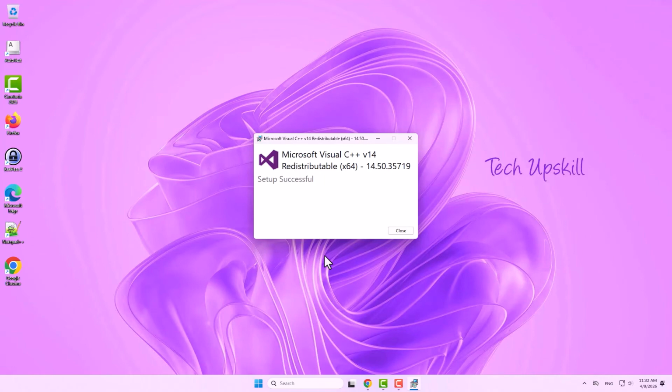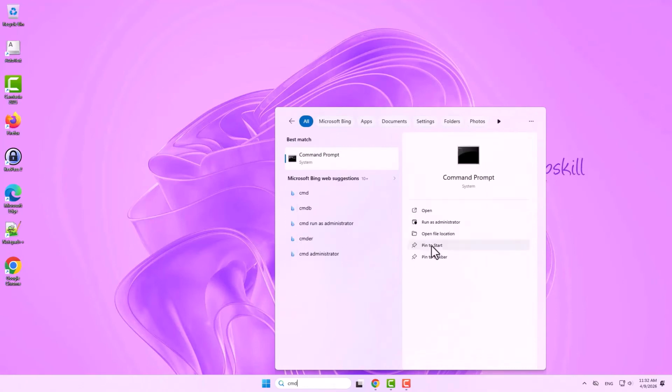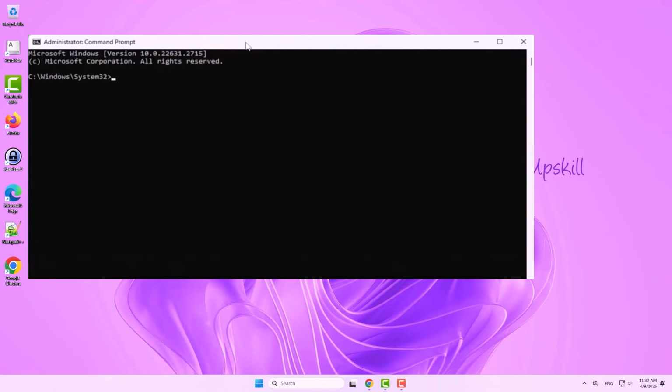Again, use your Windows search bar and type Command Prompt. When Command Prompt appears in the search results, right-click on it and select Run as Administrator. This will open a Command Prompt window with elevated privileges. In this window, type the following command precisely: